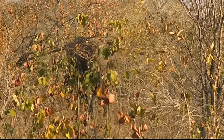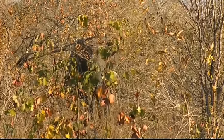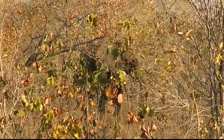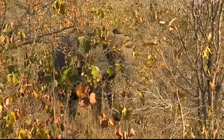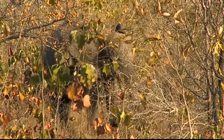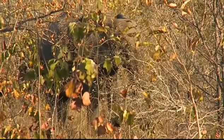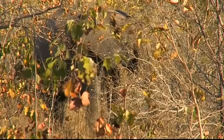Definitely slowly coming this way. So as I've said before, elephants are very... I know a lot of the textbooks will tell you that animals don't feel emotion and they can't be sentient, they're just animals really. What separates them from us is our ability to feel emotion. Well, anybody who's got a dog or a cat knows that's not true, but especially in the case of an elephant,